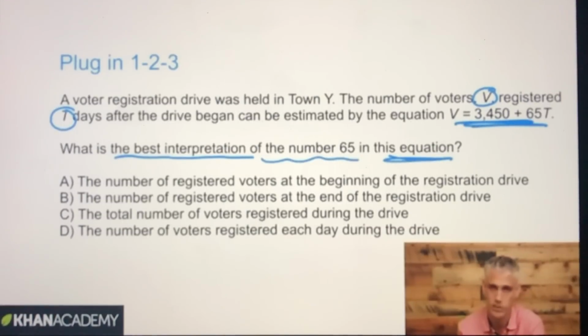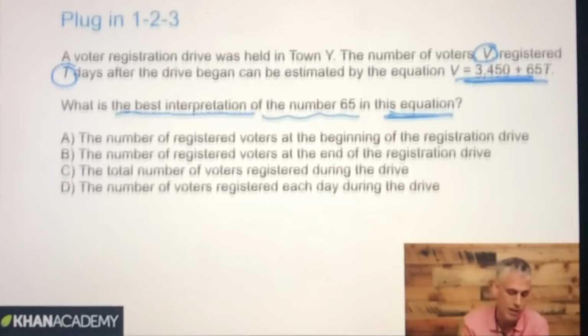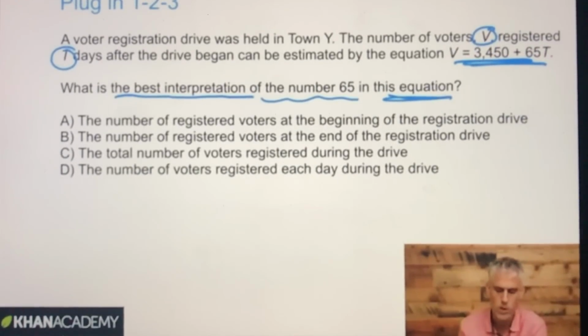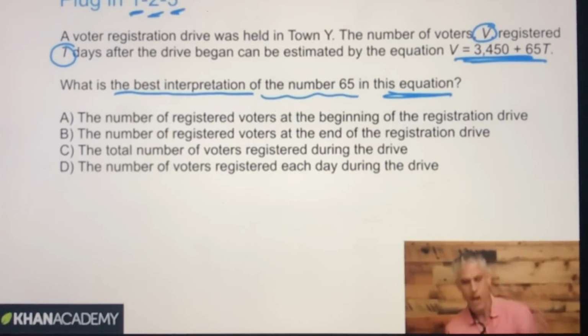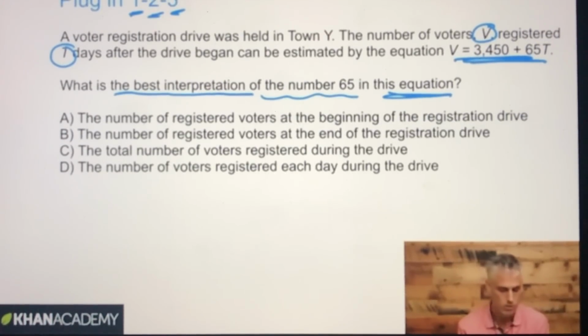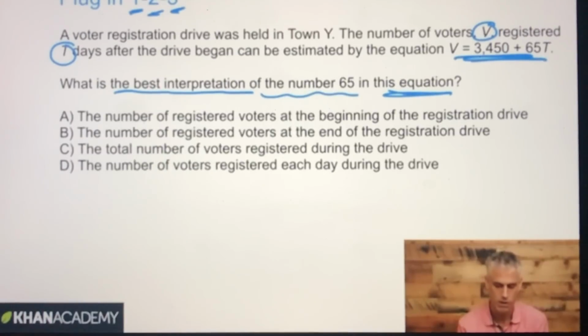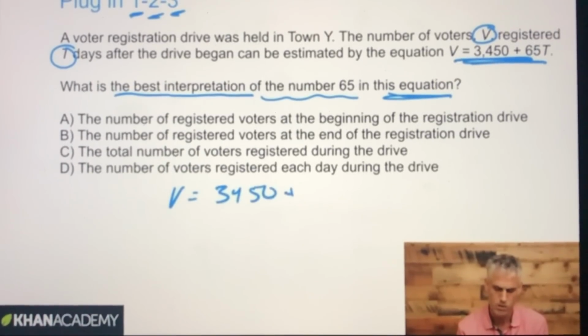This is a type of question that you're likely to see on Saturday. If the answer doesn't just jump out at you, you can start thinking about what it would mean to plug in different numbers and see what happens. So if we're plugging in 1 for t, 1 day after the drive began, we'd have V is 3,450